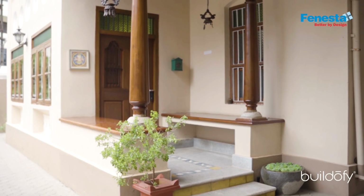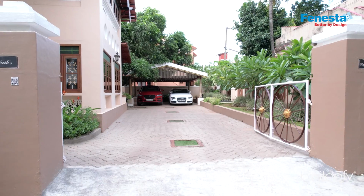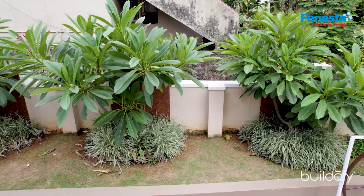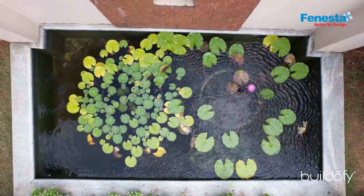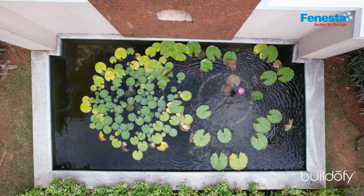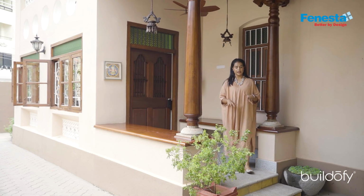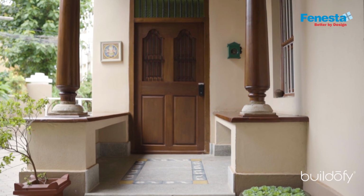This is the entrance foyer with a built-in seating on both sides. As you enter the main gate, what you will see on the right is a bit of landscaping on the entire stretch, and right in between the whole landscaping, we converted a small area into a lotus pond. At the main entry of the house, we have raised the platform and introduced something called a tinai, which is actually a porch overlooking the courtyard in a traditional Chettinad home to receive visitors,